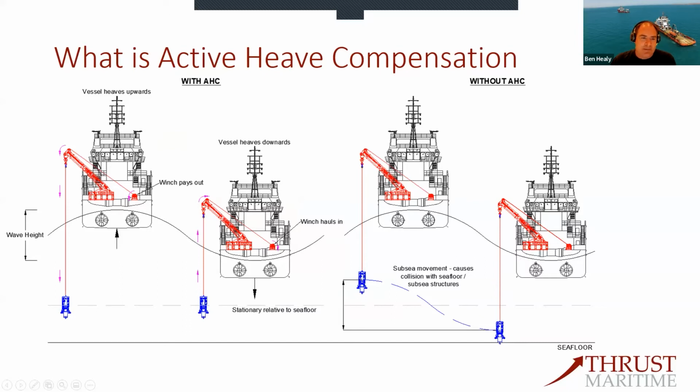What this means is that when you're doing fine positioning or landing out of or recovery of subsea structures or equipment, you basically need to have active heave compensation to do that effectively. There are multiple types of heave compensation. You can have passive and you can have active, but passive heave compensation is not as effective. Passive heave compensation essentially relies on no input of additional energy, whereas this active heave compensation we talk about requires the injection of